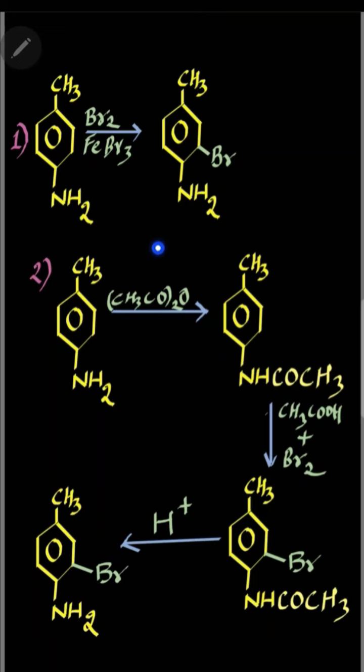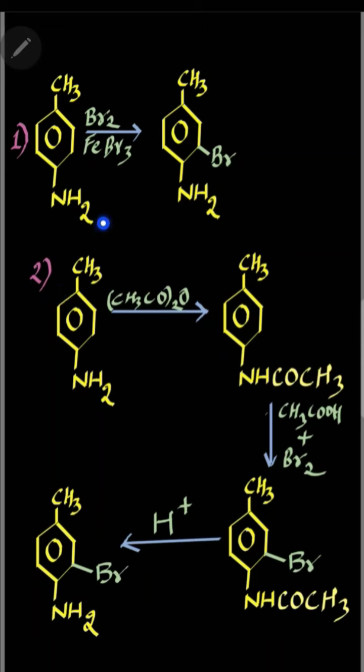So my point is that if you want to synthesize this particular compound in the lab, then which pathway will you adopt? See, if you are a student and want to learn for your examination, then definitely you will go for your first reaction, because it seems quite a simple electrophilic substitution reaction, where you are using bromine and FeBr3 and getting the substituted product, right? And in the second reaction, there are multiple steps. So from an examination point of view, you will avoid the second one. But in the lab, if you want to synthesize this particular compound, then definitely you will go for the second reaction, right?